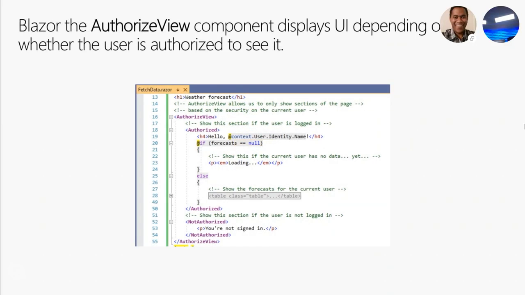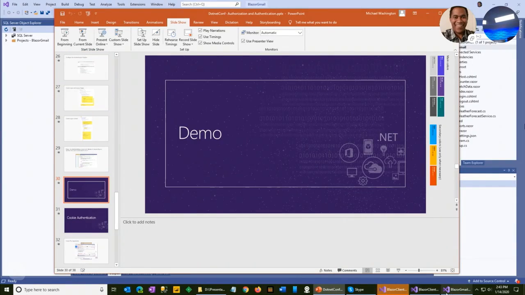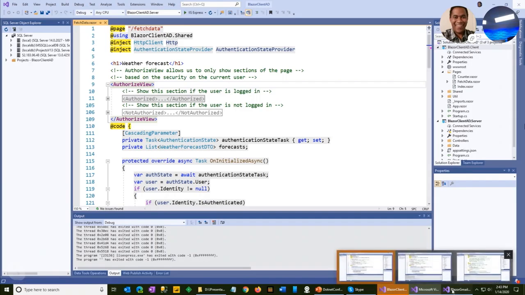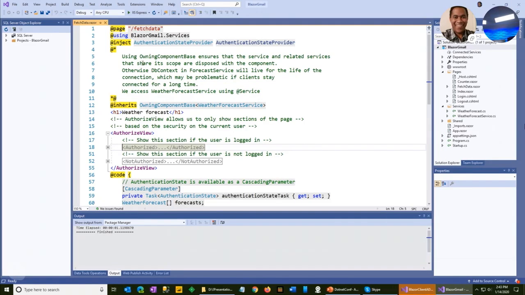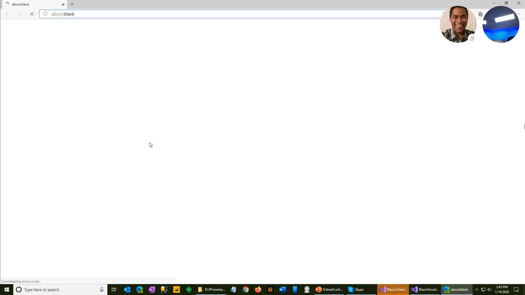My main layout, I just have my reference to my login control. But then at that point, your authorized view tags, all your cascading parameter stuff, all that works exactly the same as before. Let's go ahead and take a quick look at that. And I'll go ahead and run that. Again, you're seeing this code on the fetch data page where the authorized view looks exactly like it did with